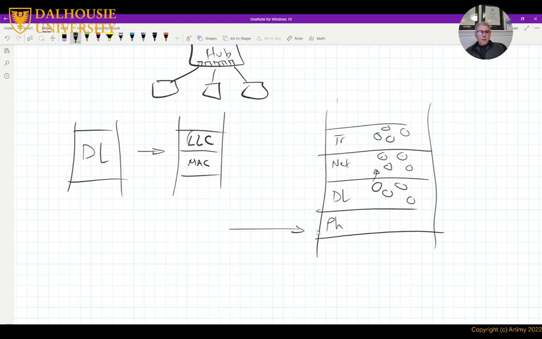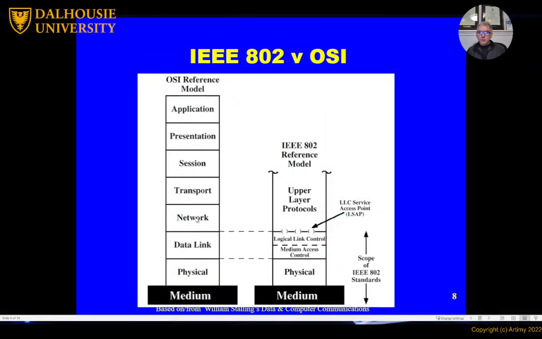So we need to have a concept of ports or access ports or service ports, or basically another form of an address, the address of the protocol that we need to forward the payload to. The generic name for them is service access point, right? It's a port number. So we'll see here when we go up, when we talk about TCP IP stack, we have the concept of the port number, right? But the port number concept in general applies even to the lower layers.